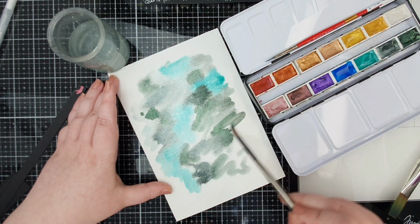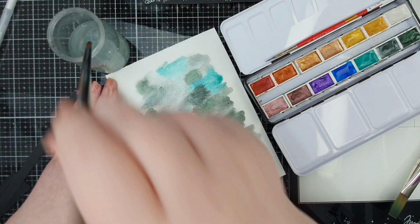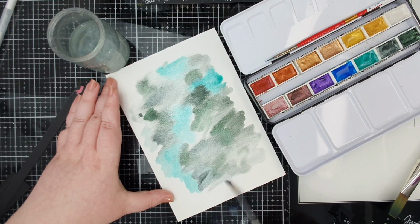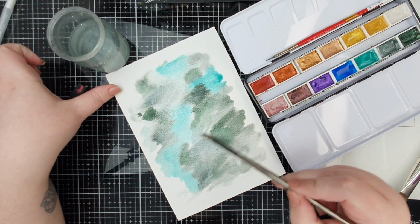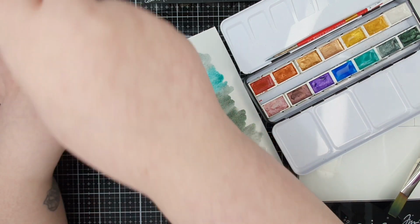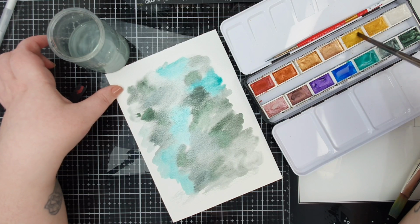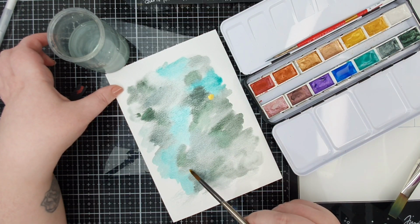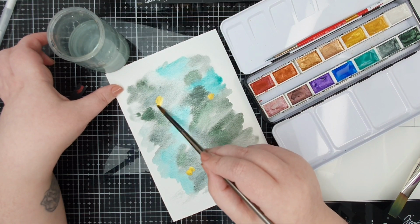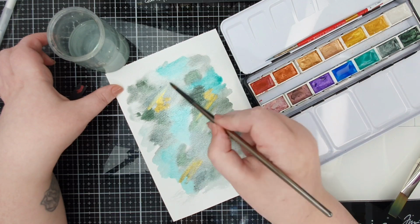So yeah, I just thought I'll just splat it on, mix it up a little bit, and see what we get. And I know that I'm going to be die cutting from this, so it doesn't have to be perfect. And watercolour is one of those things where you might think that it looks terrible while you're doing it, but I think that 9 times out of 10 you're very pleasantly surprised when it dries, especially things like this where